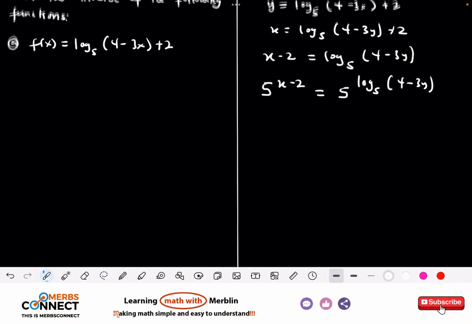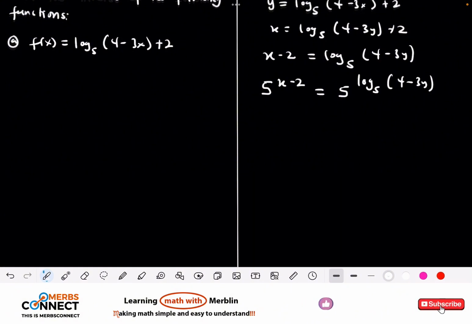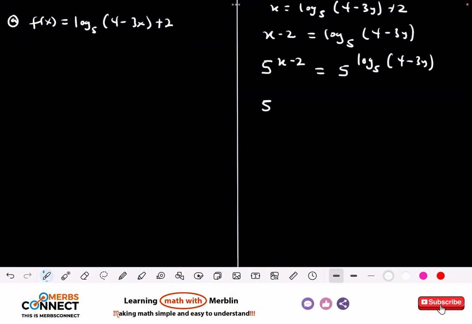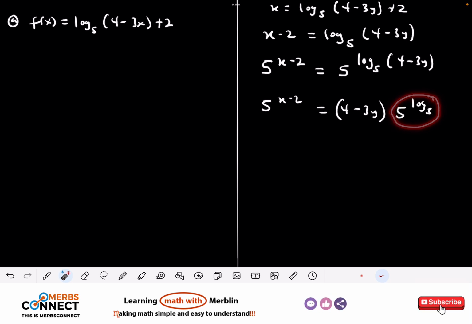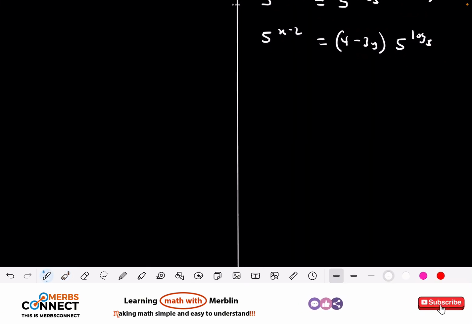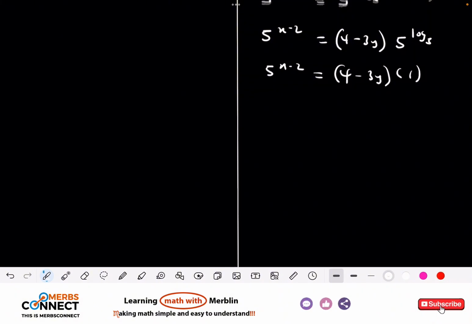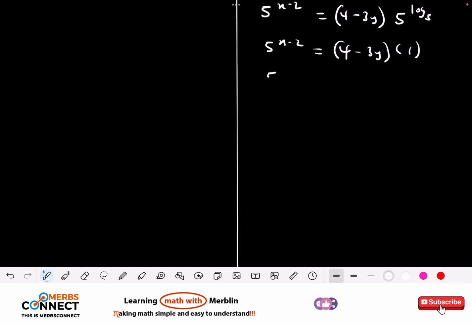That's very nice. So this is going to give us 5 to the power x minus 2, and this is going to give us 5 to the power log base 5 of 4 minus 3y. Now this right here is going to give us 1, so we are going to have 5 to the power x minus 2 equal to 4 minus 3y, all times 1. See how beautiful math is. So now 5 to the power x minus 2 is equal to 4 minus 3y. Then